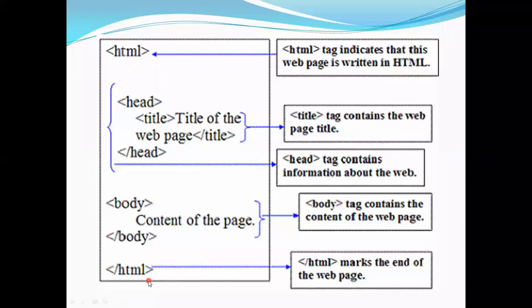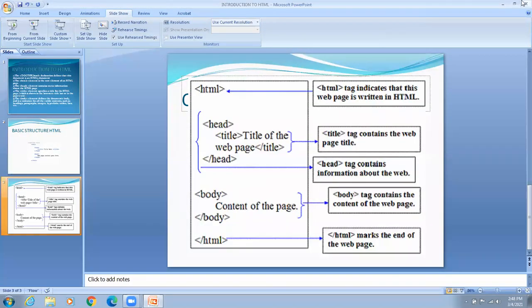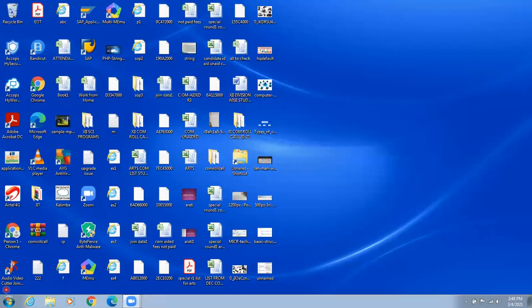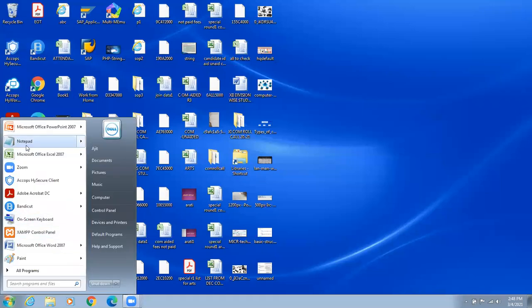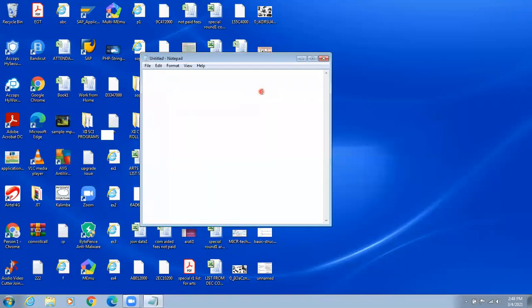Now we will see how we are going to write the code in HTML. Open a notepad file here, then type your document. For example, the first line of HTML5 is an exclamation mark, doctype HTML. Then the HTML tag, head tag, title tag.